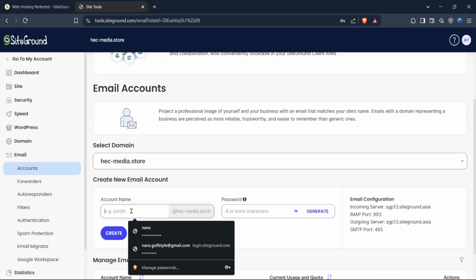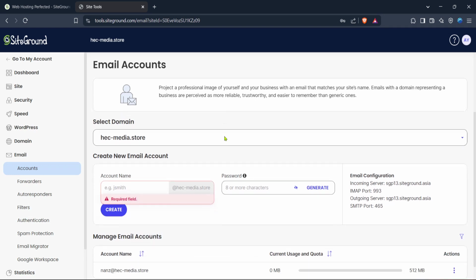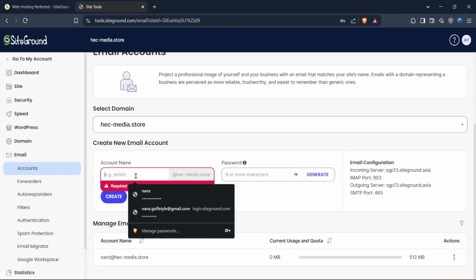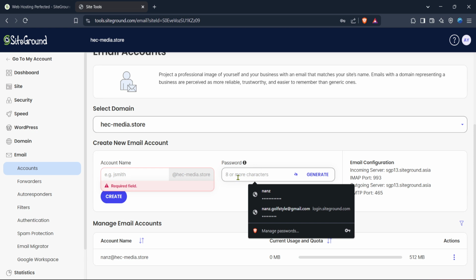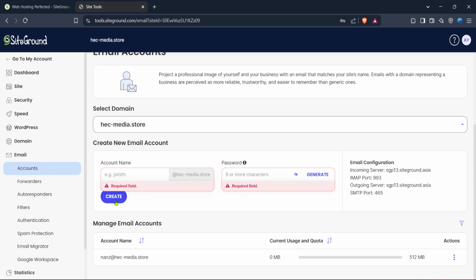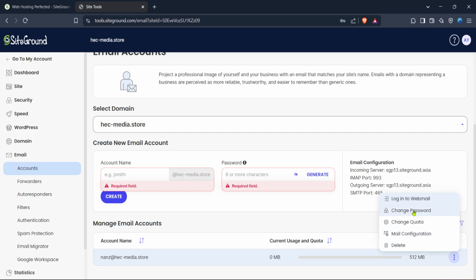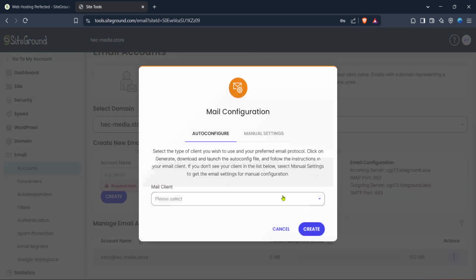You'll need to fill in the relevant details such as the username and a secure password. Once you've entered all the necessary information, click on the Create button to finalize the setup. And there you have it, your email is now set up and ready to use. With these steps you can easily create as many email accounts as you need, all under your own domain, which is perfect for maintaining professionalism and consistency in your